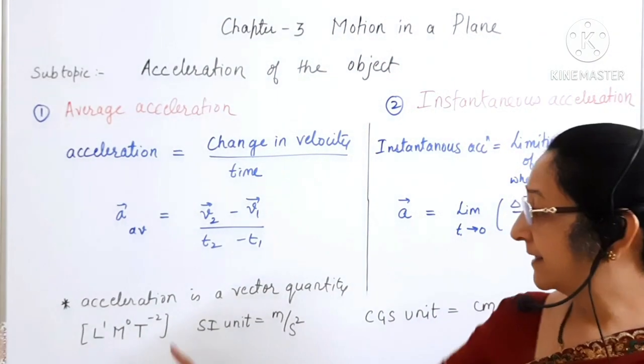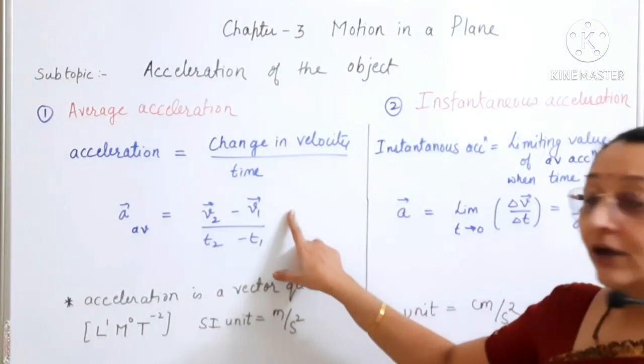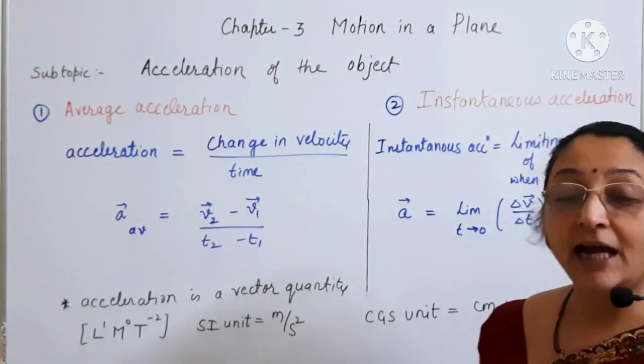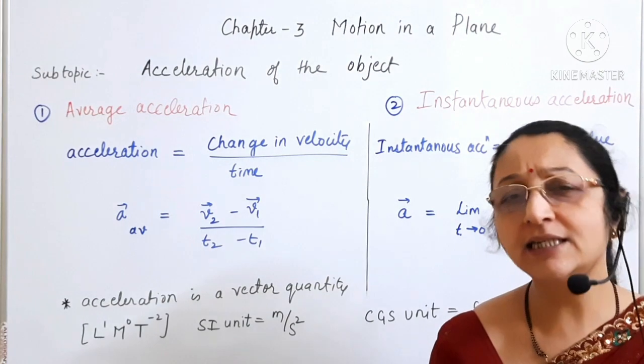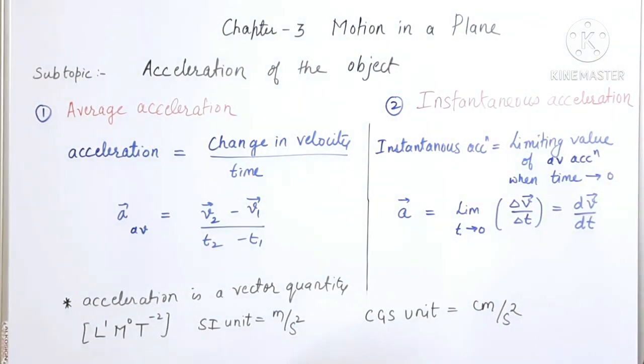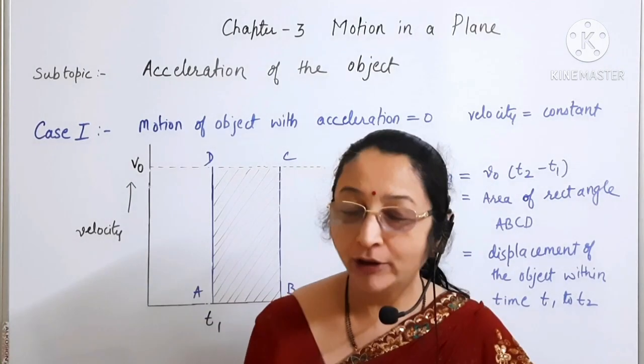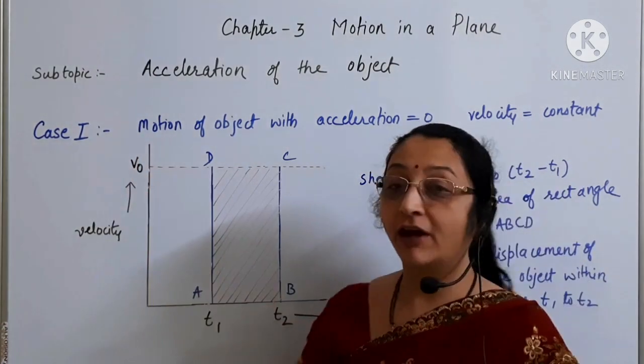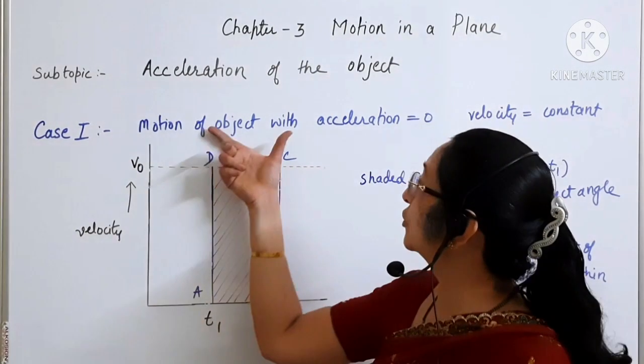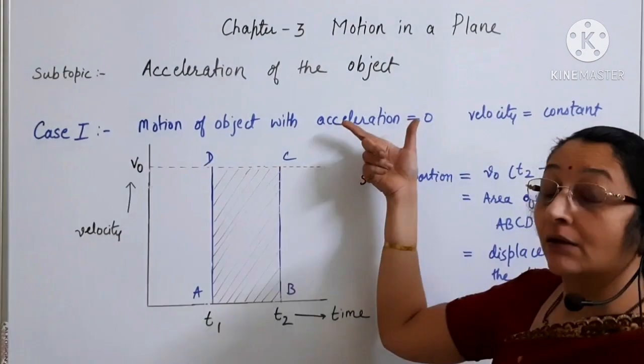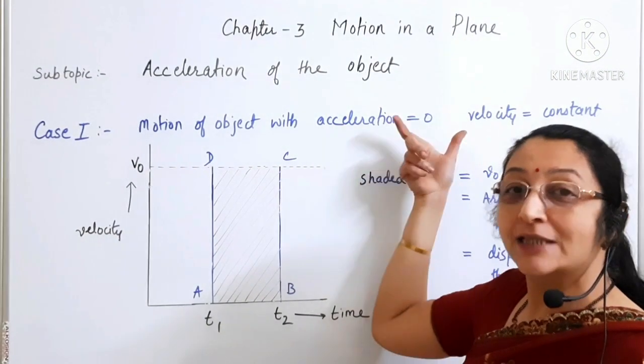Minus 2 is the dimensions of the acceleration, and the SI unit is meters per second square and the CGS unit is centimeters per second square. So now we are going to discuss a case when the motion of the object is having acceleration